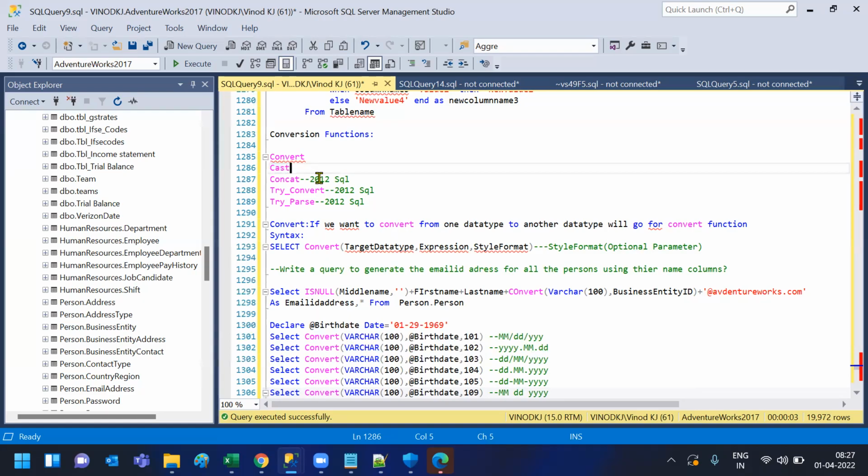What you need to upgrade in the 2012 version, you only need to get to know concat. Okay,